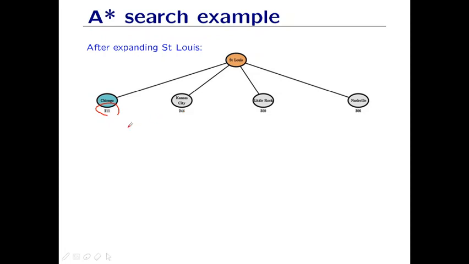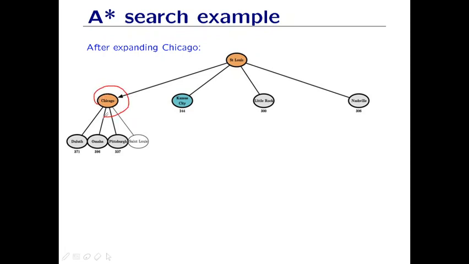As you can see, 211, that is of Chicago, is the smallest heuristic number. It could be the closest path. I'm going to expand it. As you have seen in greedy best search, when you have selected a path with the smallest heuristic value, you are going to expand it, and then again you're going to see the smallest heuristic value, and then again you're going to expand it, and then you will reach your goal.